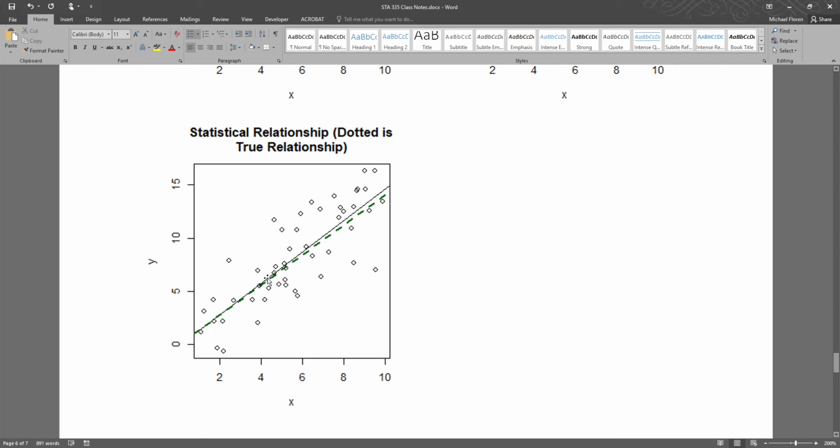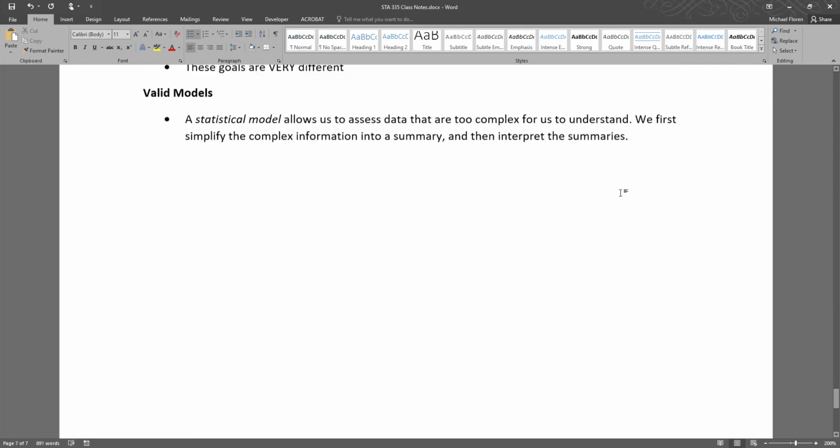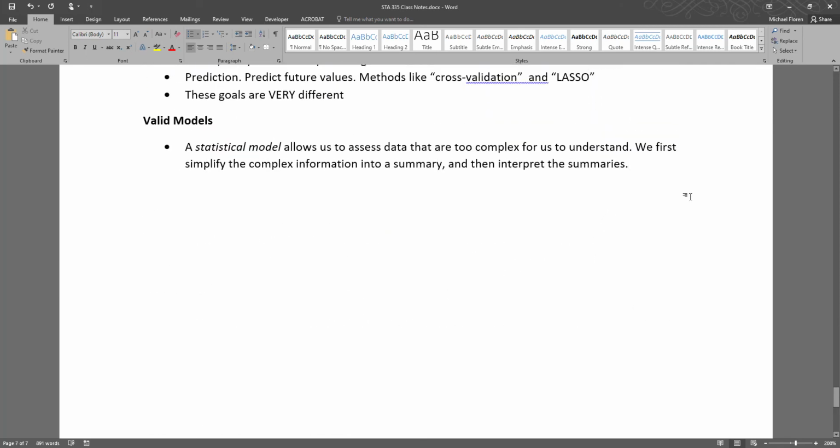So we took 50 numbers and we reduced them to 2 numbers, a slope and an intercept. And then we can interpret those slopes and intercepts. This is a great example of what a statistical model does. And using a single line,